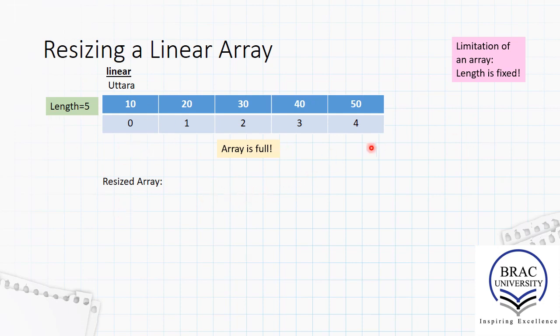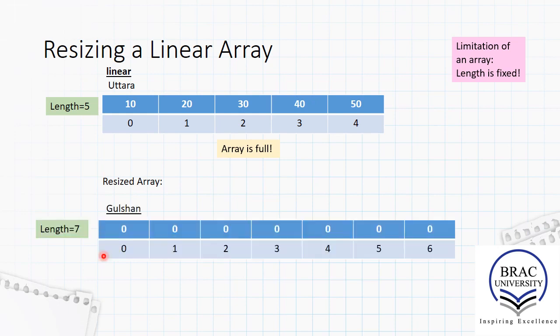So let's say I want to increase this array by 2 cells. So I won't be able to do it under this reference. I will have to create a new array with length 7. So whenever I create a new array, a new address is generated. So then I will have to copy these values in the new array. And after copying the values, I will have to make the variable linear now point at the new array in